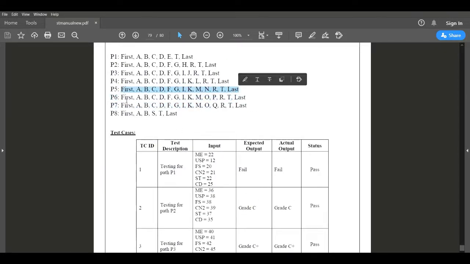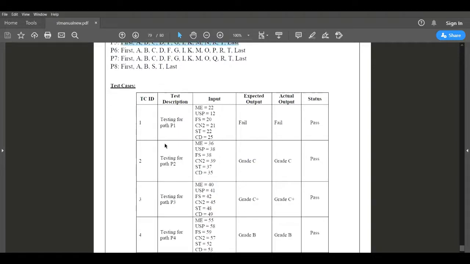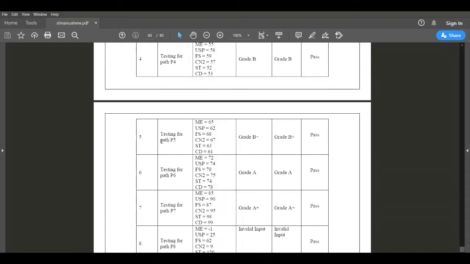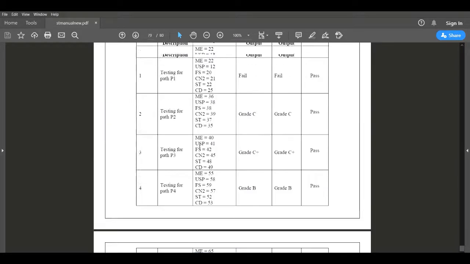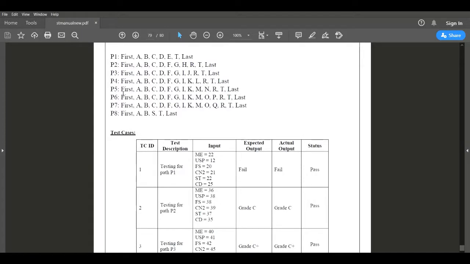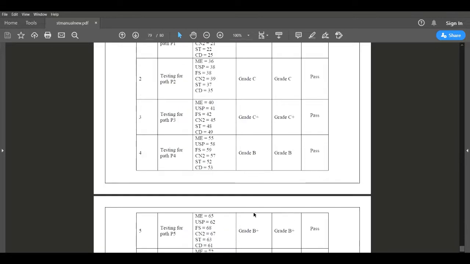Then the sixth path is there. Sixth path: if my values are 70 to 80, it indicates grade A. The grade A is nothing but my sixth path. Now the data inputs are traversing through this path, or execution through this path. Therefore, this is the path where I am going to get the output result as